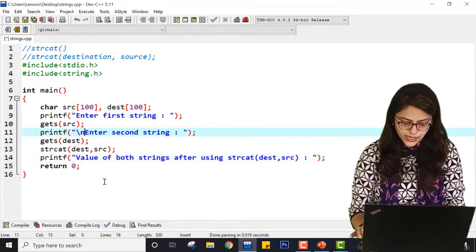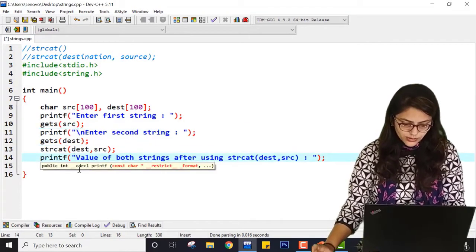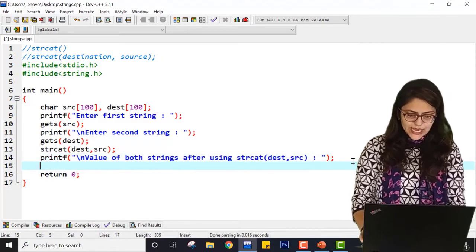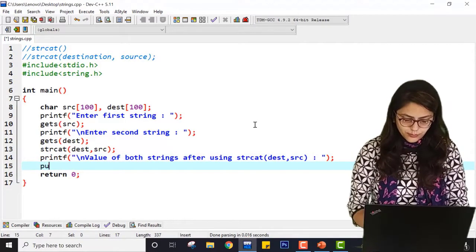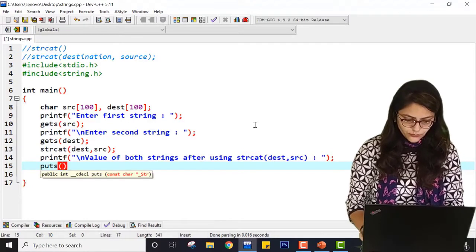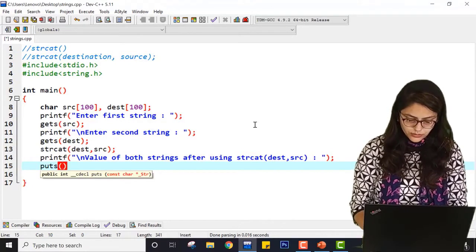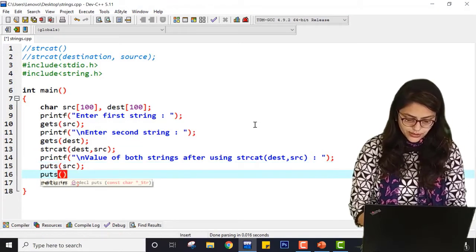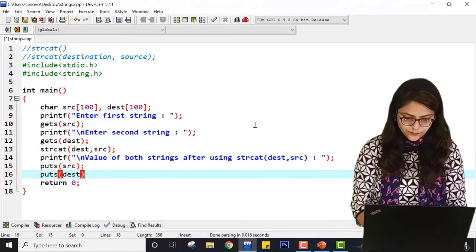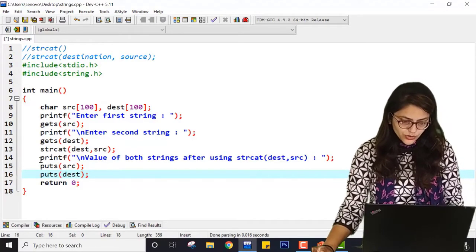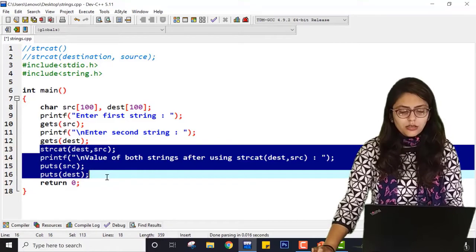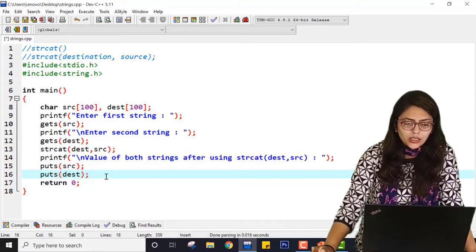Let me put slash n over here, slash n over here, and here it will be say %s, put as src and put as dest. Okay, now let me just copy this entire thing, but it will give me another answer.